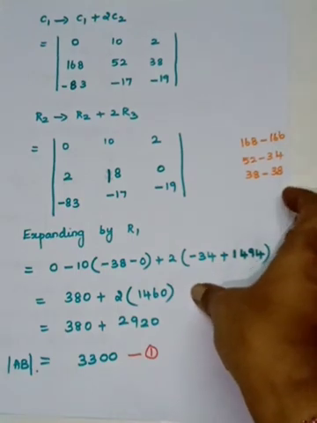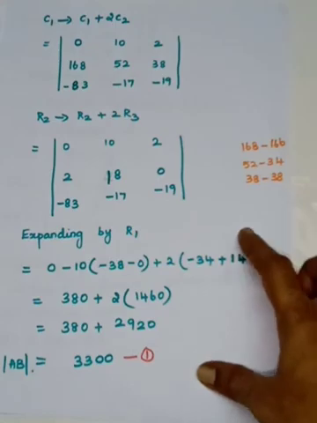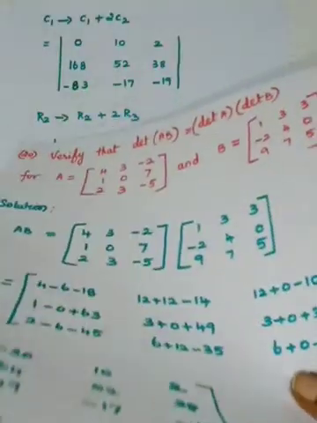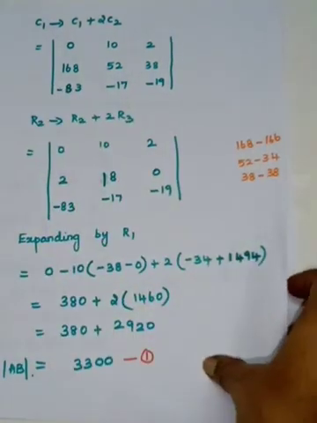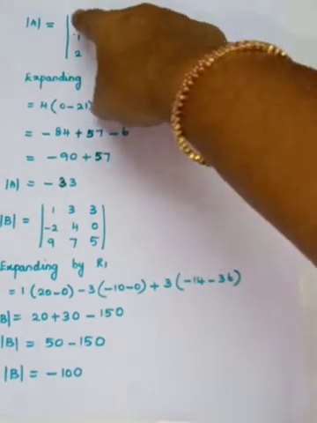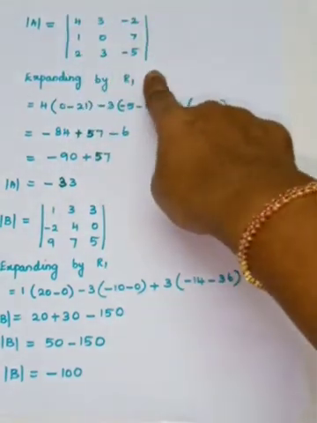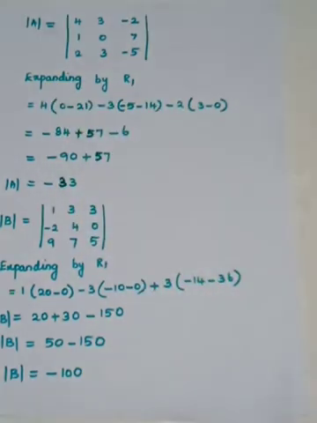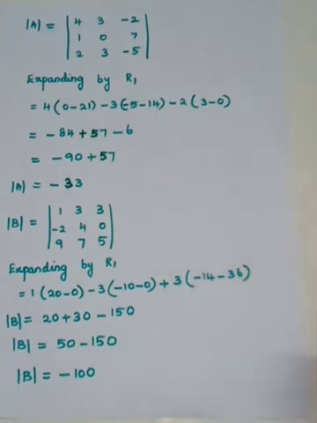Next, in the question, what is asked? Determinant AB we have found. You have to verify which is equal to determinant A into determinant B. Okay, so see now, first you are going to find the determinant A. So see that all the entries of the matrix A is written within the vertical lines. Then only you can expand by R1. So see that the entries are single digit. So it is simple. So you can directly expand.